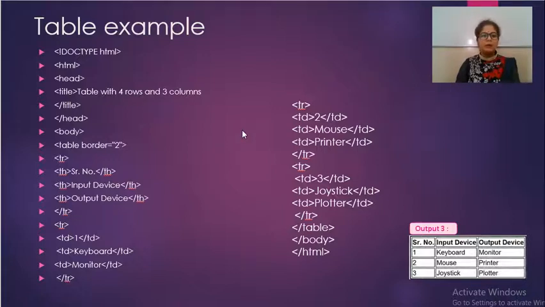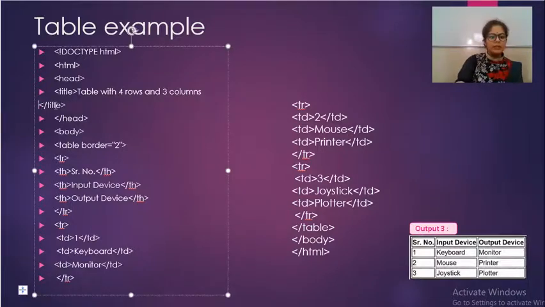Okay, so let's start with the code. The very first line of the code is HTML, which indicates the start of the web page. Second tag is the head tag. Inside the head tag, you have to use the title tag. This is the title, table with 4 rows and 3 columns. It is your choice, whatever title you want to give to your web page.